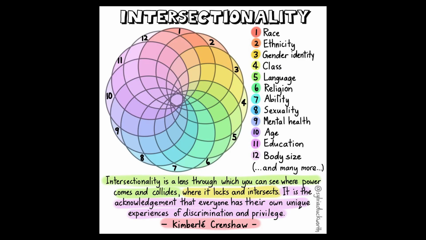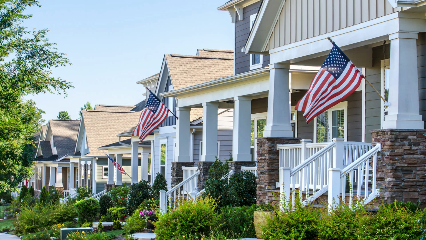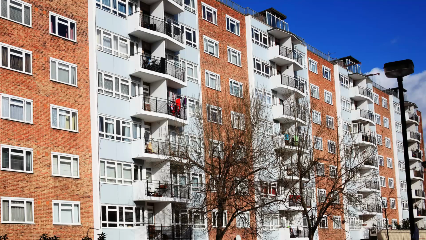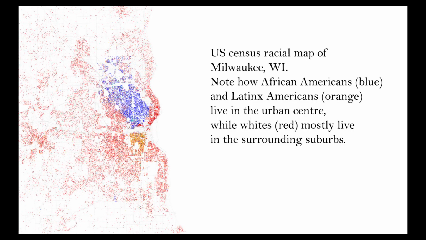So for example, if a person were black and from a lower socioeconomic area, they're likely facing discrimination in those areas of race and class. And looking to the history of North America, you can see how, in many examples, class discrimination was also race discrimination. For example, this was often true of housing, where housing policies that advantage wealthy suburbs over less wealthy urban areas is simultaneously a policy that targets and damages African Americans, given that they disproportionately live in urban areas. So that would be an example of an intersection of race and class discrimination.